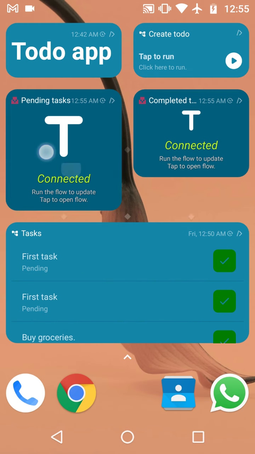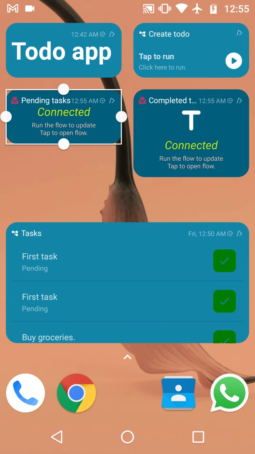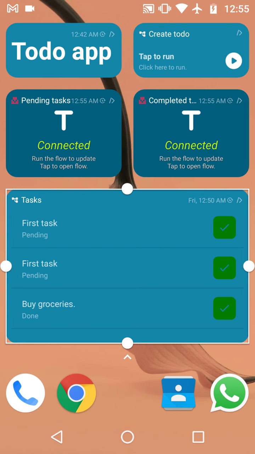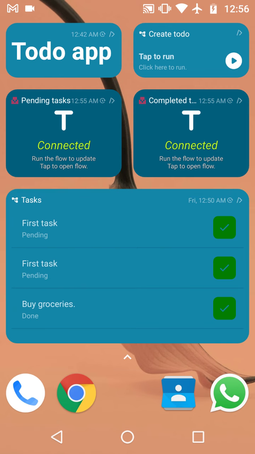Okay, let's make it a little bit smaller. That's too small. And let's resize the list widget to this. At this point it looks almost all complete.